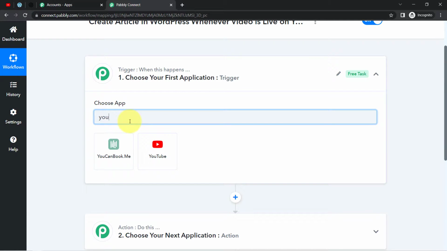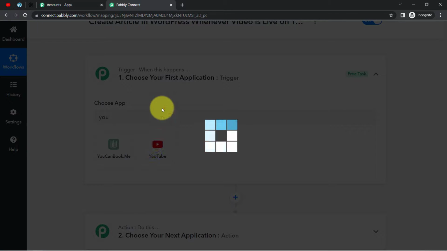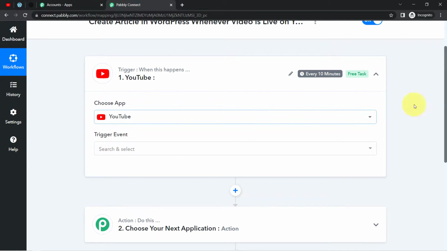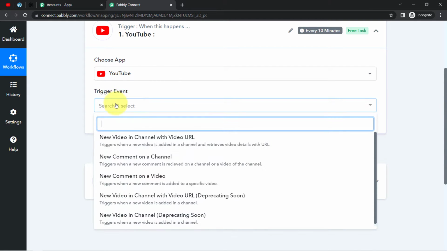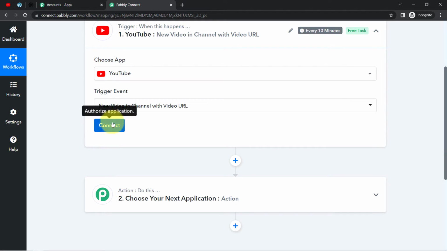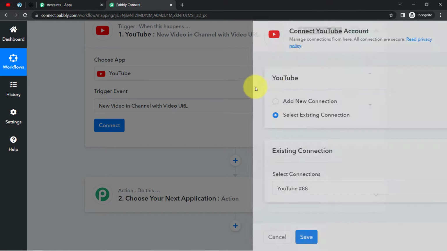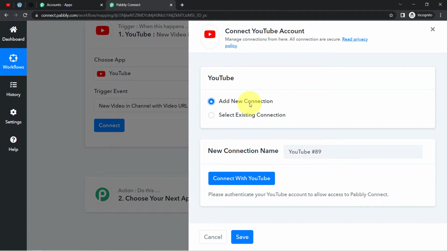And since here we are creating an automation between YouTube and WordPress and OpenAI, that is why the first application here will be YouTube. And in the trigger event, I want this automation to trigger whenever a new video in the channel with the URL is published. Okay, now click on connect, click on add new connection, and the idea here is we are